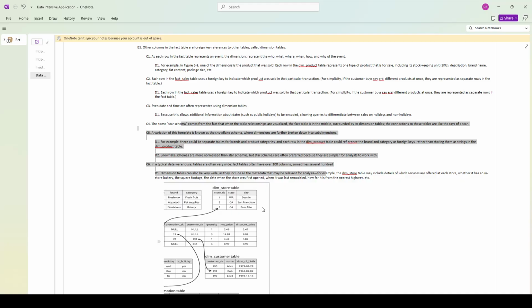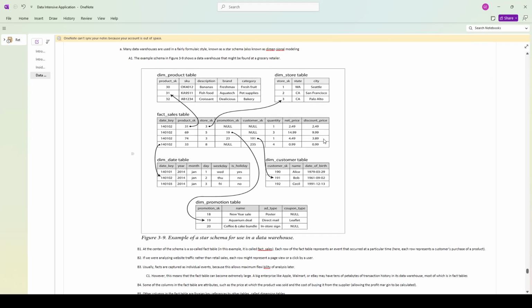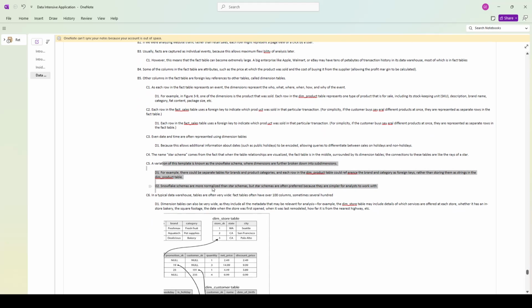So it's surrounded by its dimension tables. The connections to these tables are like the rays of a star. That's why it was called star schema. As you can see, it's like the rays of a star. A variation of this template is known